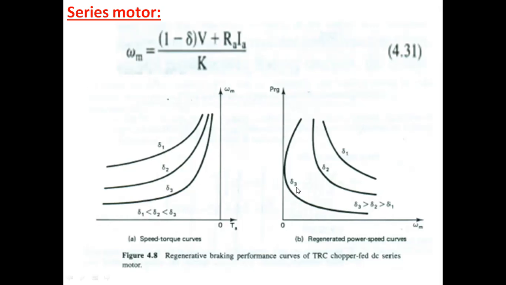As in the case of motor operation, we saw in before classes, in the current limit control, the torque will be remaining constant because it is independent of speed. The separately excited motors, we can say that these are constant speed motors. So the torque will be remaining constant and independent of the speed, and the regenerated power will be increasing linearly with speed for any limits of current between IA2 to IA1.